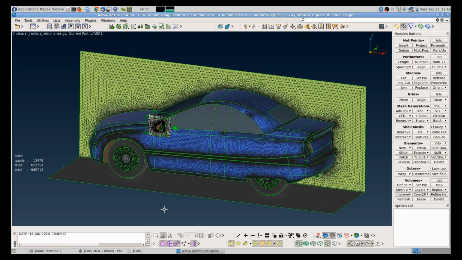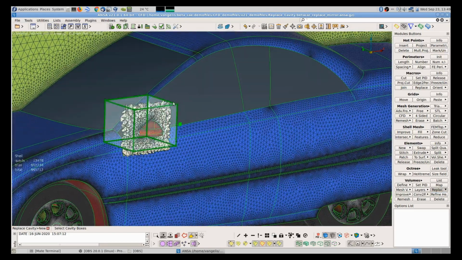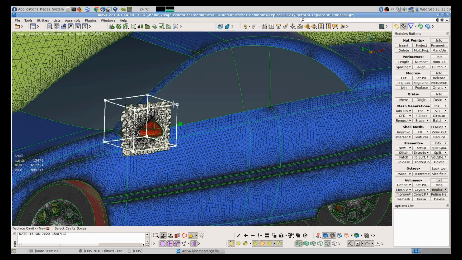I would like also to show you the alternative way of performing remeshing cavities in volume. Instead of going through macros replace and directly replacing the surface mesh, you can go to volumes, replace, cavity, new, and here you need to select a morph box that contains the volume mesh that you want to erase.